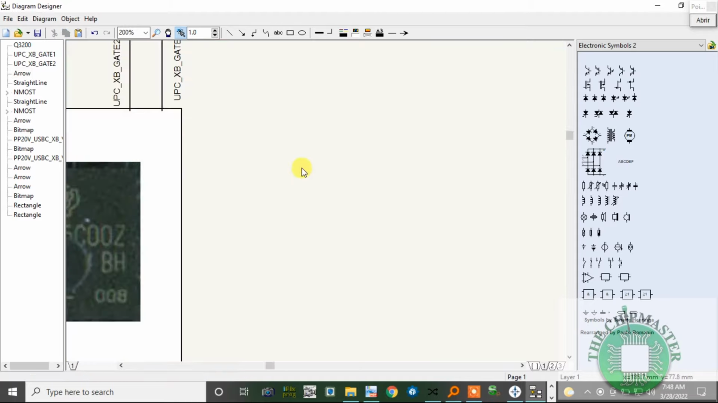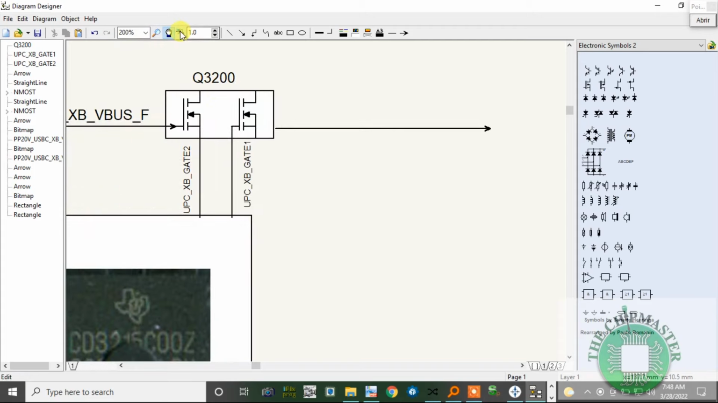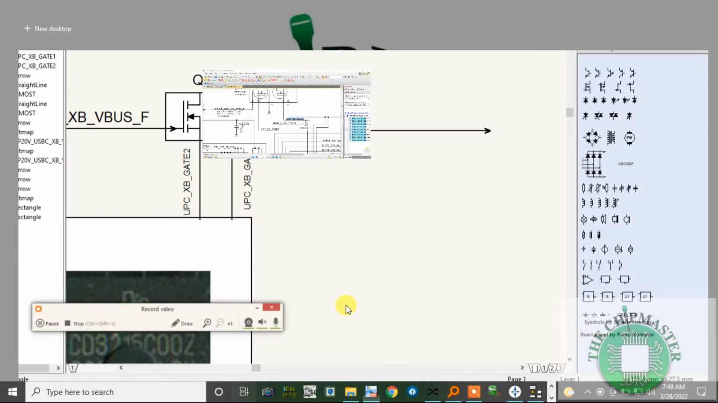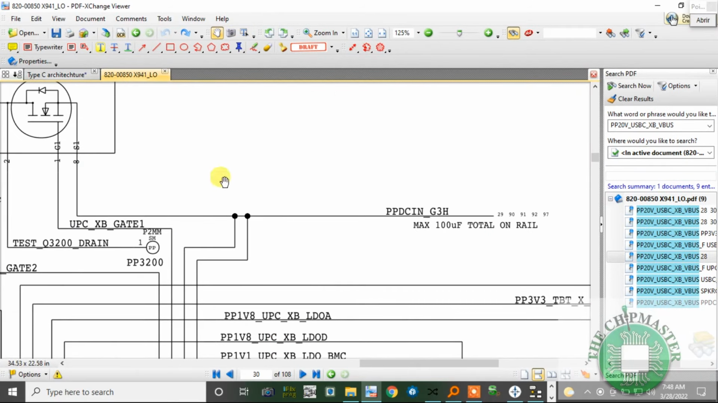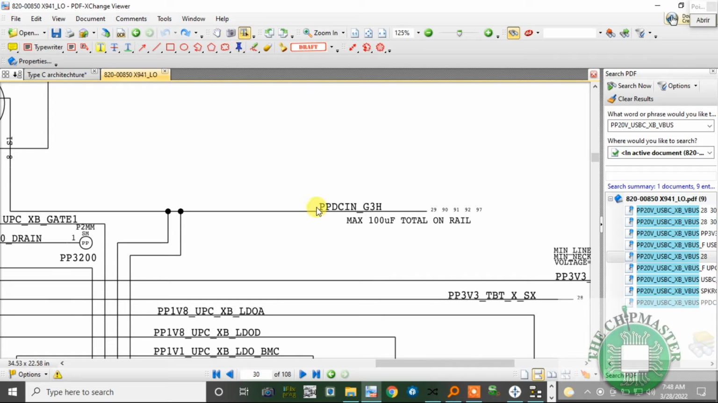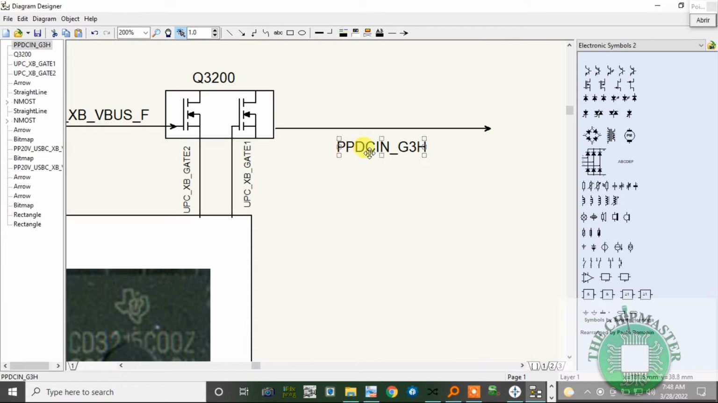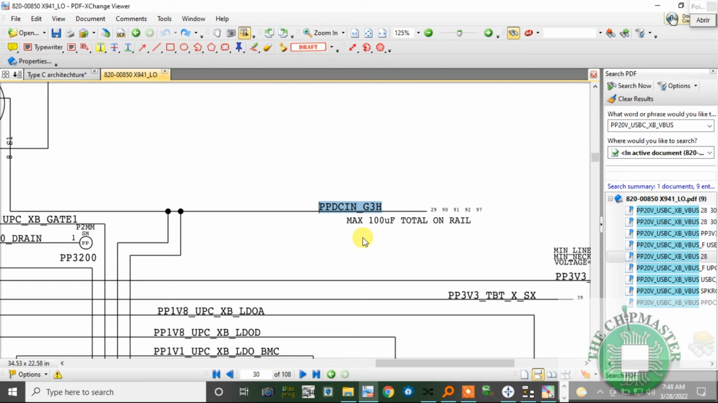Alright, so we have the two MOSFETs, and these are now called PPDC in. G3_PPDC_G3H, and this is sent to our charging circuit. So let's move on to